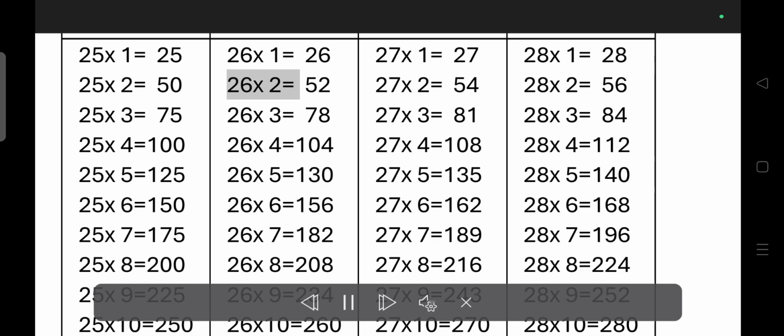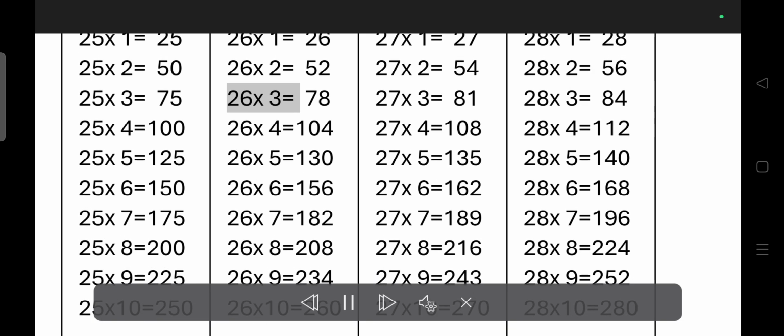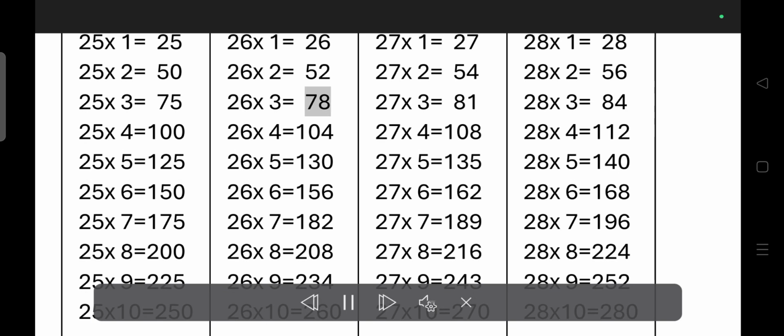26 times 1 is equal to 26. 26 times 2 is equal to 52. 26 times 3 is equal to 78. 26 times 4 is equal to 104. 26 times 5 is equal to